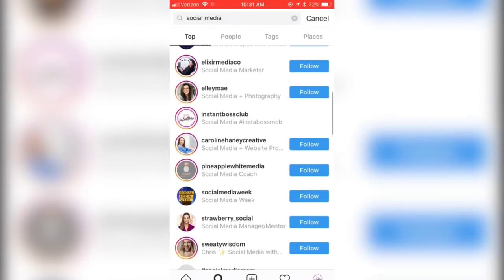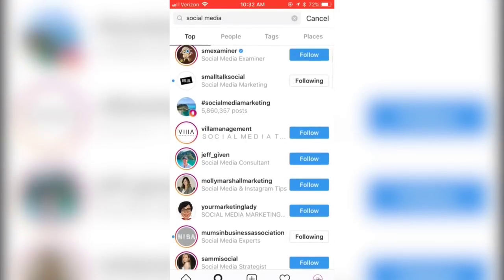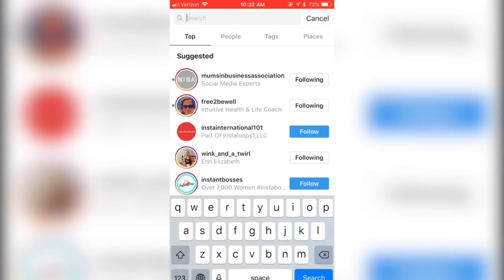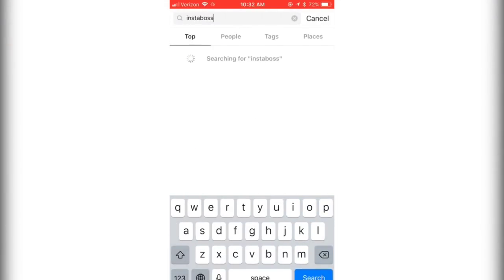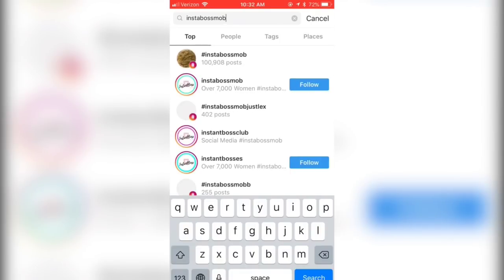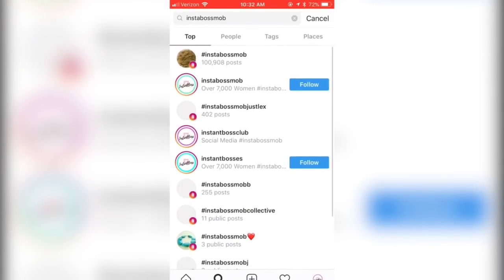a bunch of other people's accounts as well, because they are also using keywords in their bio. So you'll see Social Media Examiner has the keyword social media. You'll also see when you search my hashtag #InstaBossMob, that my accounts are going to pop up. So these three accounts are mine, and no one else is using those hashtags besides me, so that's what's going to pop up. So be thinking about what hashtags or what keywords are going to work and put those in